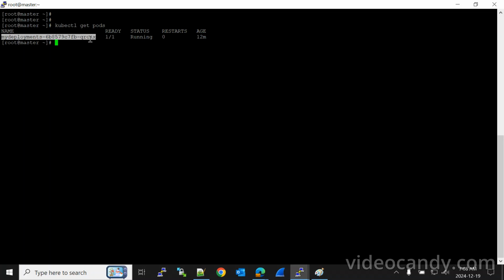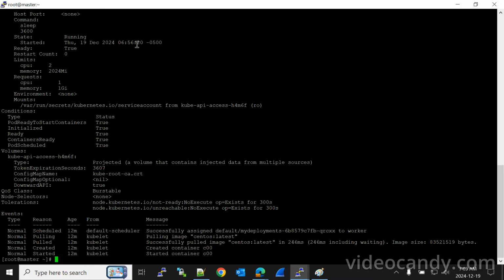We can see this here: kubectl describe, and then the object type and then the object. Okay, so if you run this command here, you will see